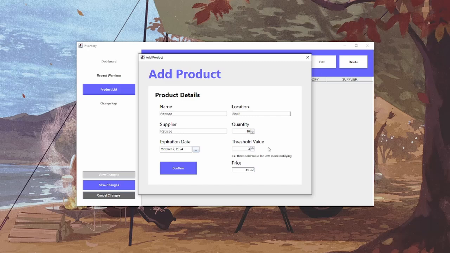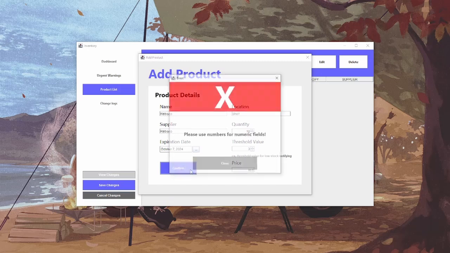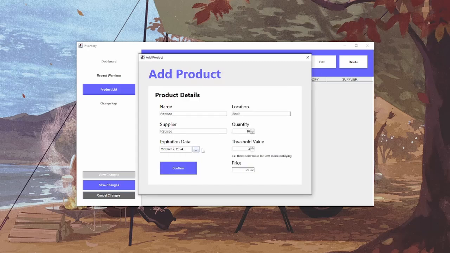Also, price only accepts numerical values, and inputting otherwise will result in an error. For the expiration date, you have this date picker that allows you to scroll through a calendar in order to select the correct expiration date.